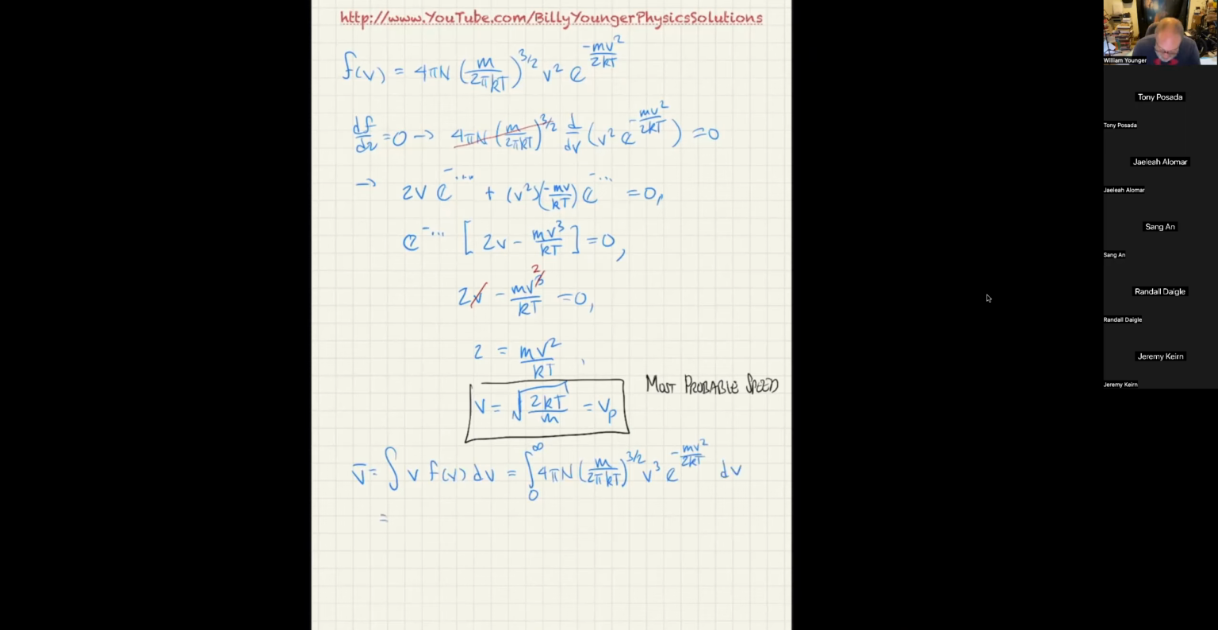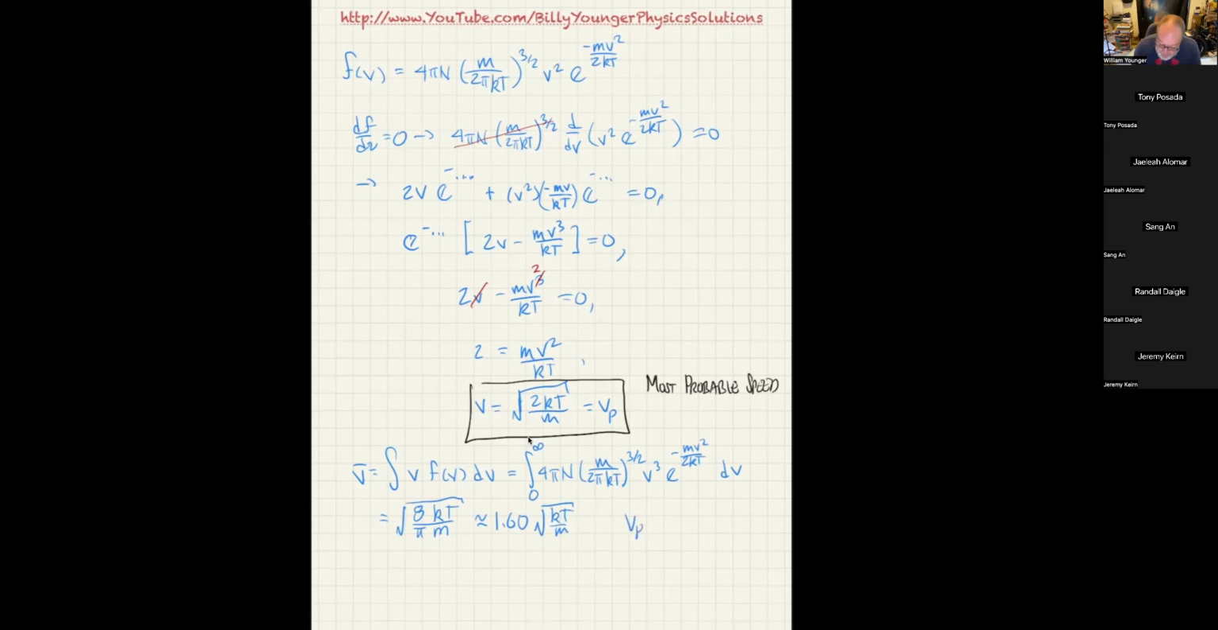And that ultimately turns out to be, if I remember correctly, 8 over pi. Let me double check on that. Yeah, that's what it is. It turns out to be the square root of 8kT over pi m, which is about, if you calculate the square root of 8 over pi, you end up getting about 1.60. So that's about 1.60 times the square root of kT over m,